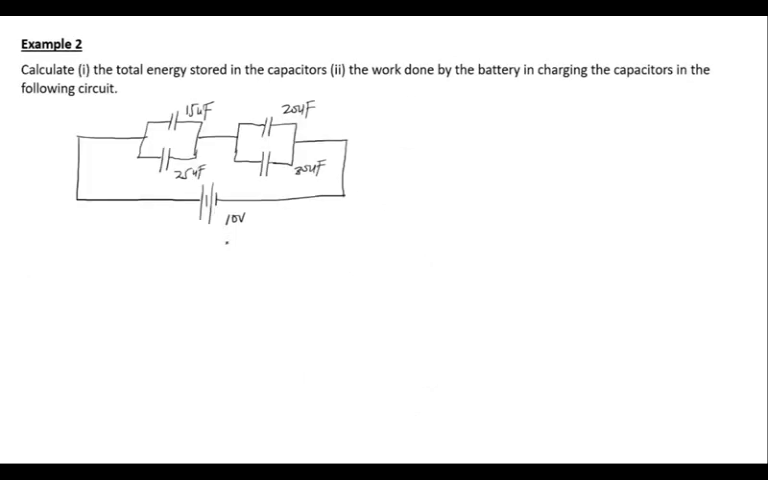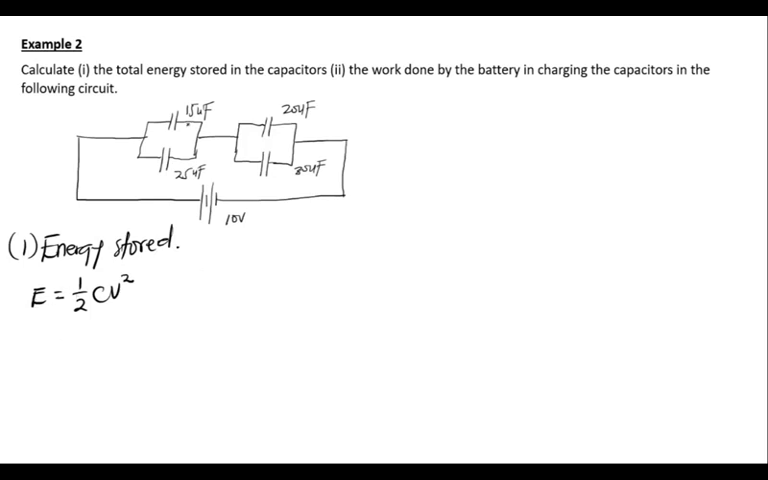Alright, let's have a look at another example. Example number 2. Calculate I, the total energy stored in the capacitors, and II, the work done by the battery in charging the capacitors in the following circuit. So we have to calculate the total energy stored in the capacitor. Now we said the energy stored in the capacitor is half CV squared. So we need the overall total capacitance of this network before we can compute the